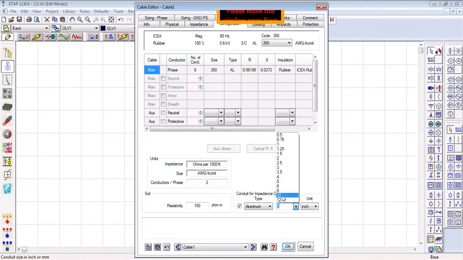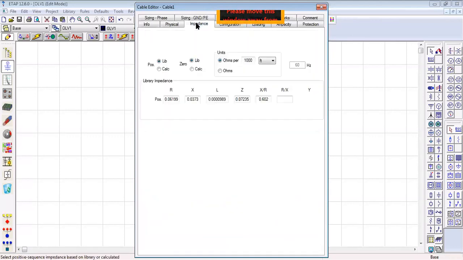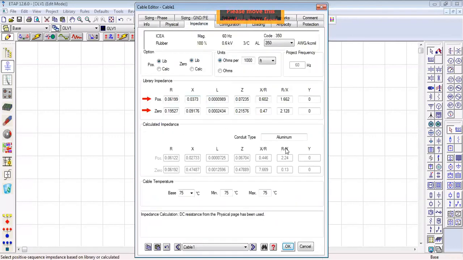Size, you can change the size. Let me change it to 10. Okay, then this is the impedance rating. This is automatically filled. Okay, the rest we will not change much in this, that is already filled, so we will keep it the same.